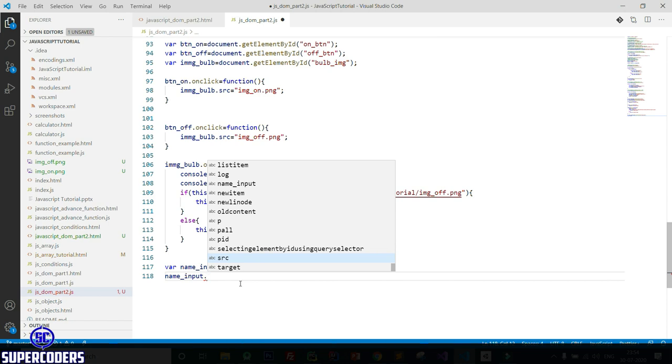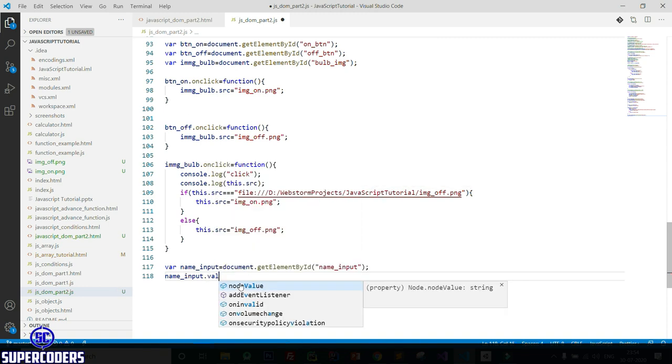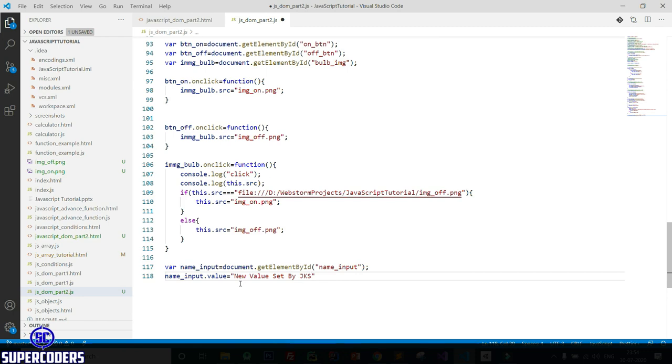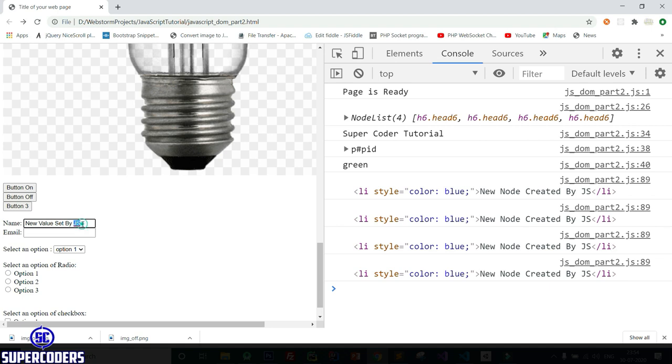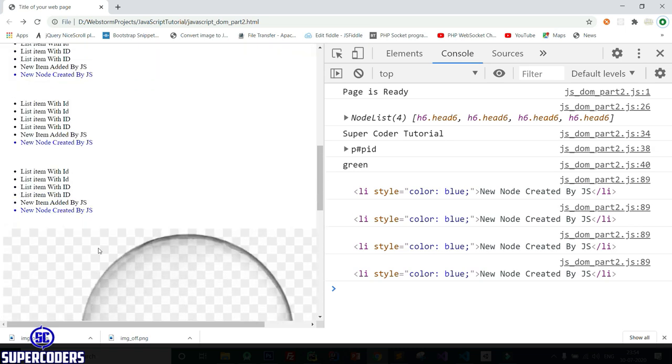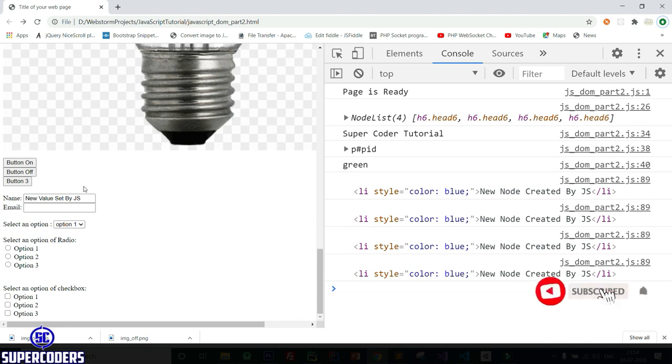But if you want to change the value in inputs, you need to call value equal to the new value set by JS. So let's run the page and you can see the new value set by JS. So in this way you can set a value in an input using dot value. So dot text is used for text content like heading, paragraph, list. But if you are working with inputs, you need to call dot value.